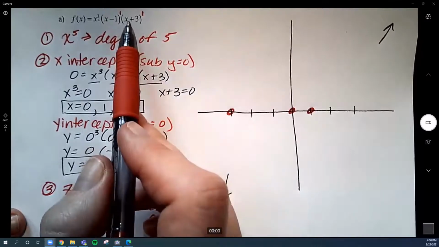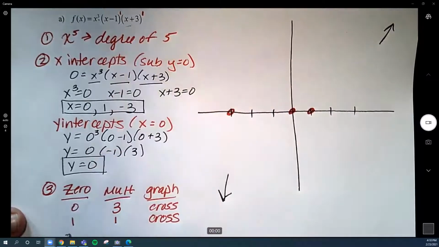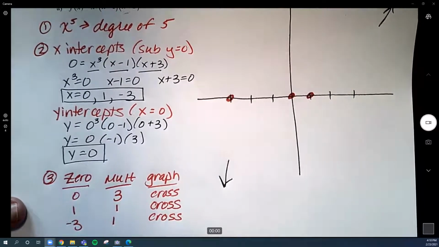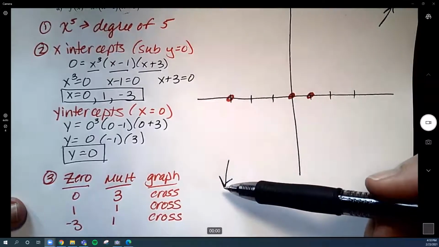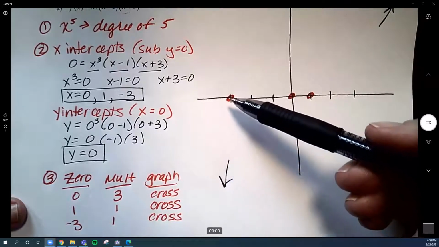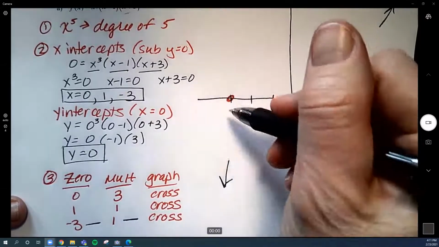The last 0 is at -3, and it has a multiplicity of 1, which is also odd, so it will also cross at that location. So at this point, we can do some more digging onto our graph. Since we know that the end behavior started from the bottom, we know it's going to come up and eventually touch this 0 at -3. And at -3, the graph will cross through this point